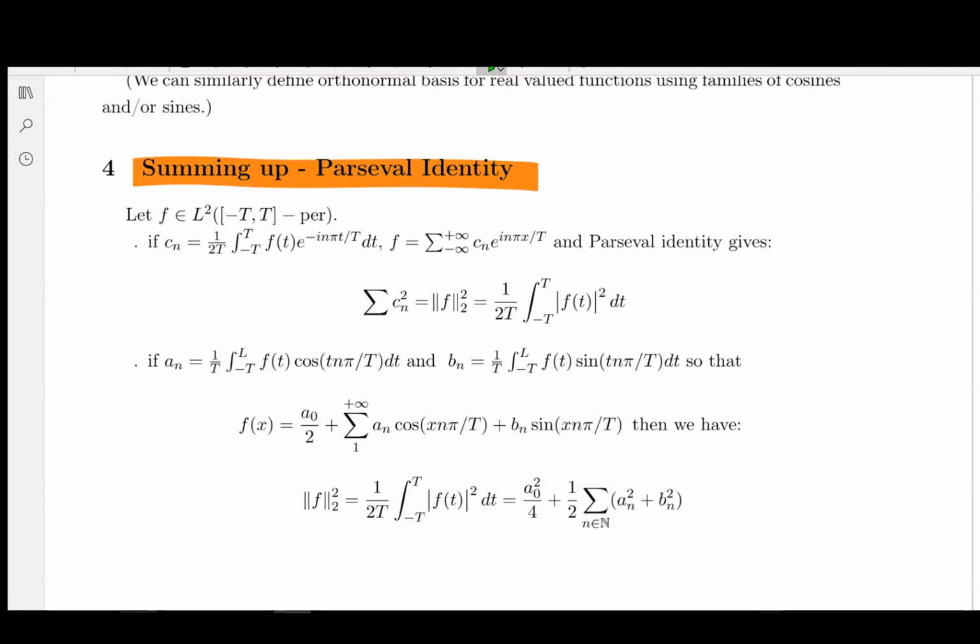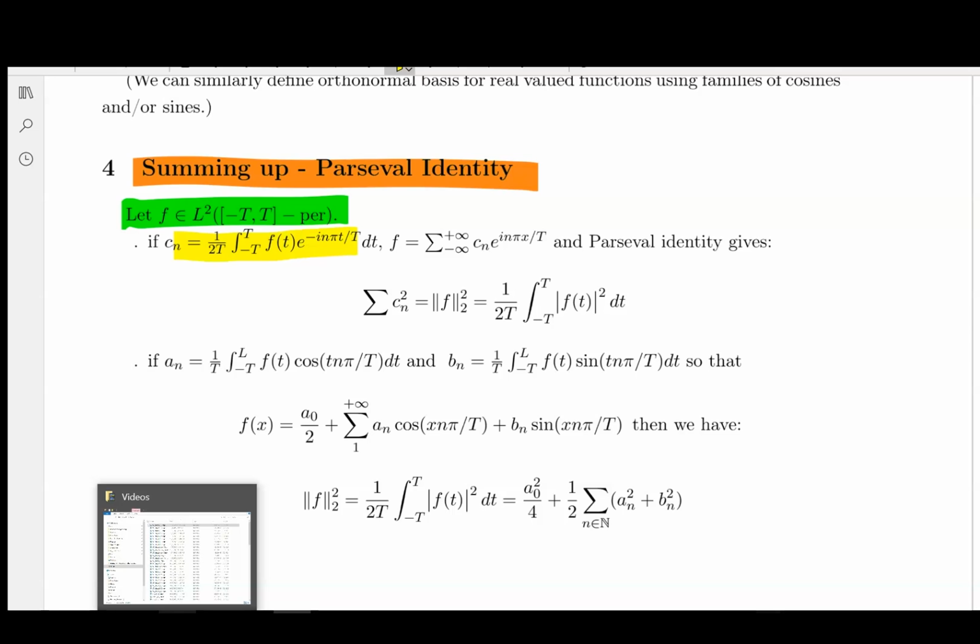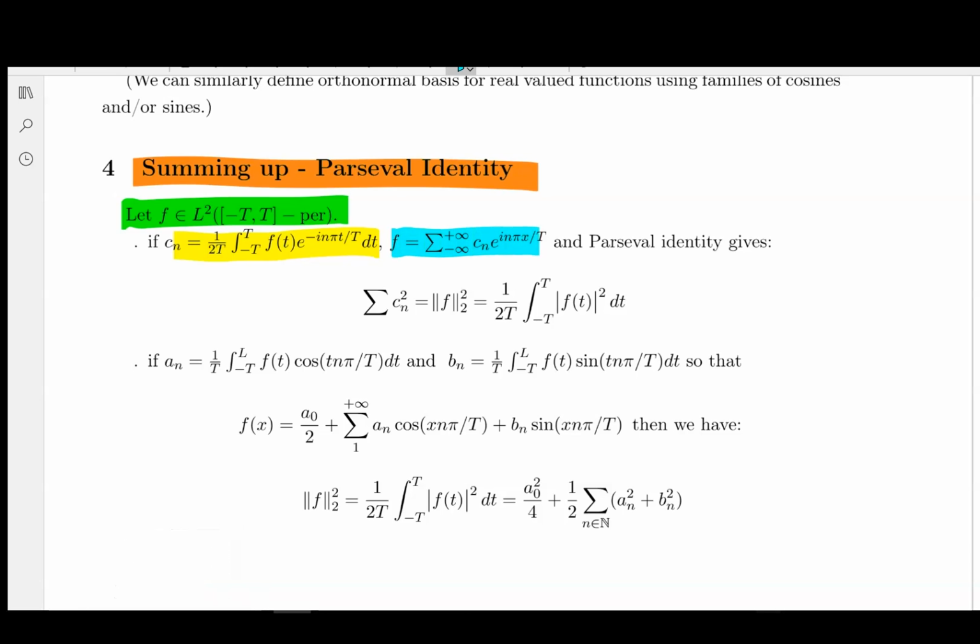All right, so it's written for a function that belongs to L2 of T-periodic functions. So it's not only 2 pi periodic. You remember you have to do some kind of easy substitution in order to get that. So how do we define the coefficients? The coefficients are going to be given by 1 over 2T times the integral between negative T and T of f times e^{-in pi t over T}. So that's just the substitution we needed. And then we can write that